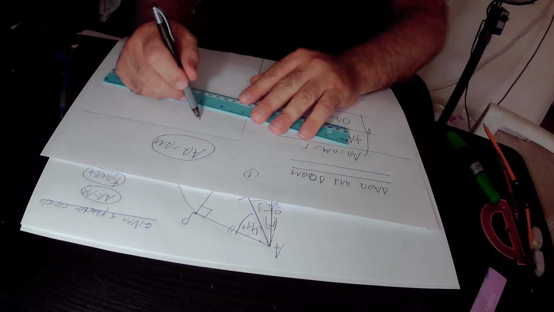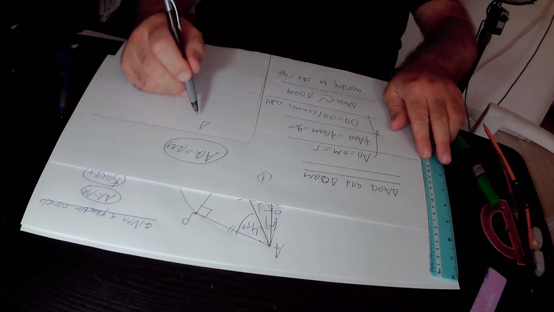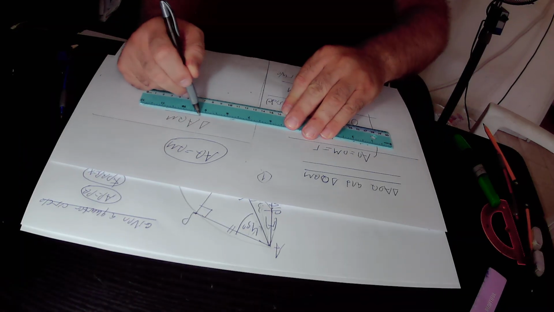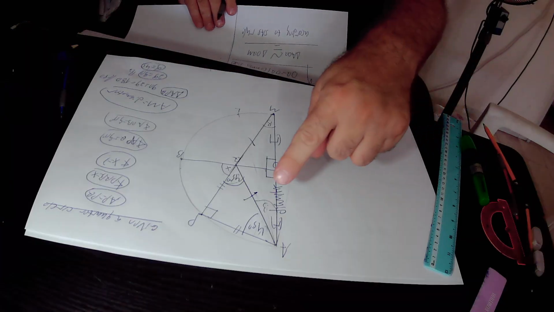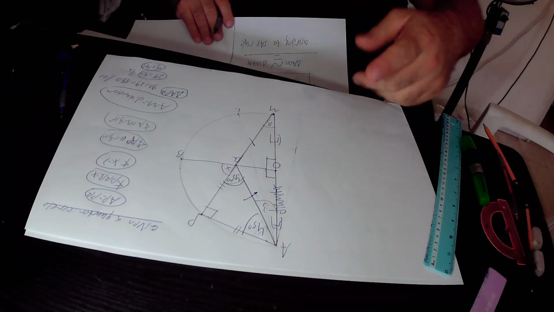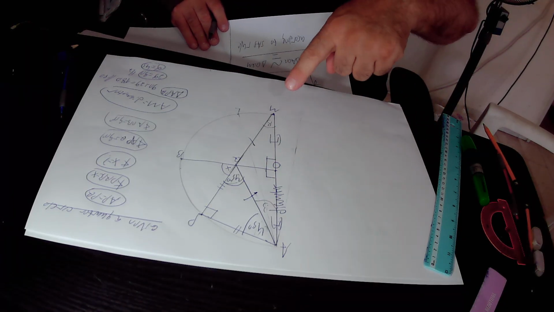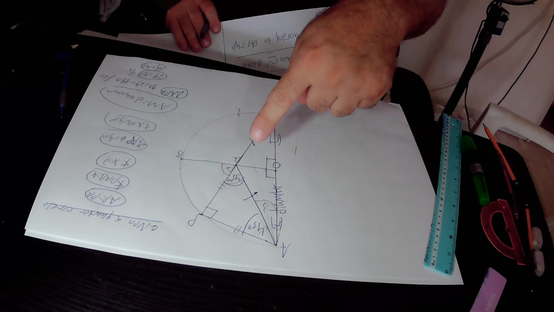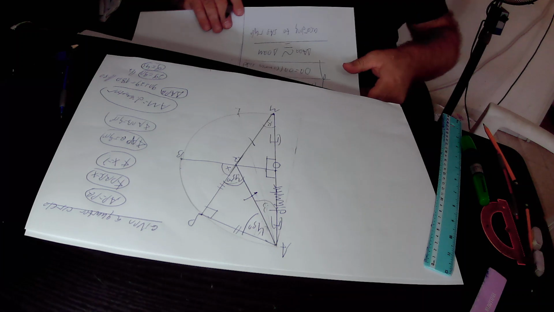So in relation to the big triangle AQM, this big triangle AQM is actually an isosceles triangle because AQ equals QM. So the size of the exterior angle AQP